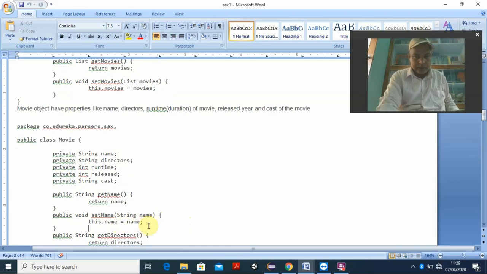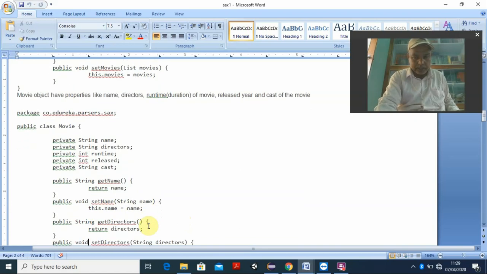Okay. Similarly, we go for the public String getDirectors. First it is for the name, then we are going for the directors. Okay. I have given all things: name, directors, runtime, released and cast. First I have gone for the name, then I have gone for the directors. So getDirectors, setDirectors, all things are over. Get name, set name, it is also over.